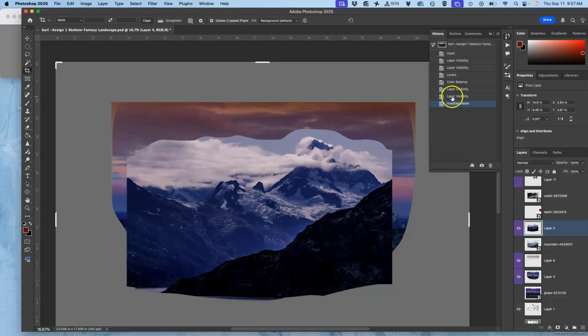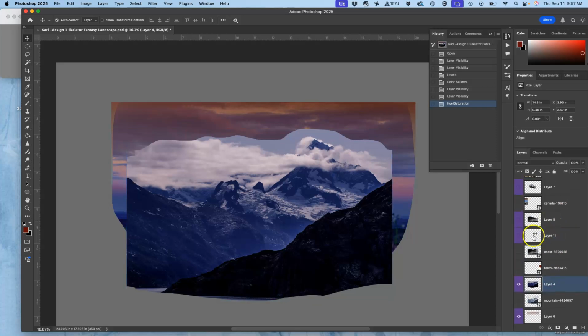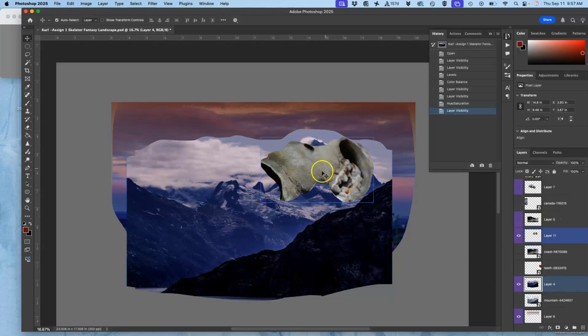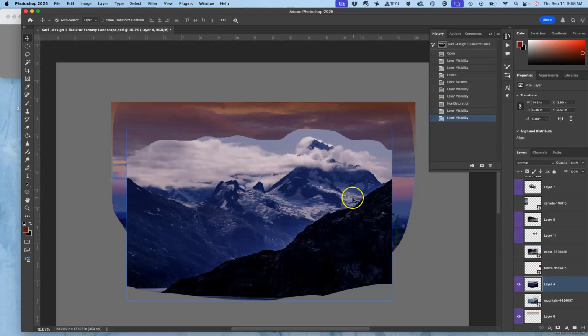Okay, so those are the 3 direct adjustments: levels, color balance, and hue saturation. Now, I'm ready to start blending these two. And usually if I'm working professionally, my workflow is to go ahead and adjust all of these before I even start cutting out, but I know some of you are already to where you're trying to do fine cutouts. So I want to